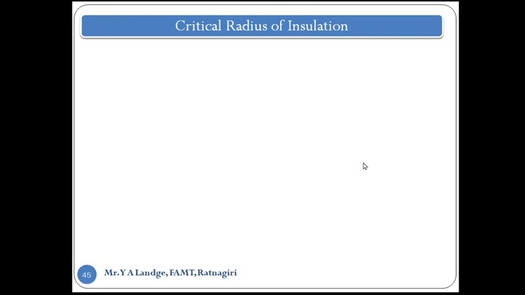In certain cases definitely it can be reduced, but the same thing is not possible if we use the cylindrical structure geometry or the spherical structure. I'll give an example of it. So what is the critical radius of insulation, and why do we learn the critical radius of insulation? What is this important topic?